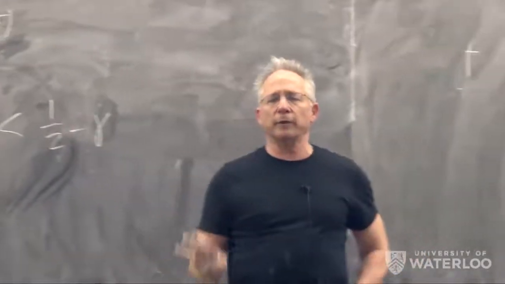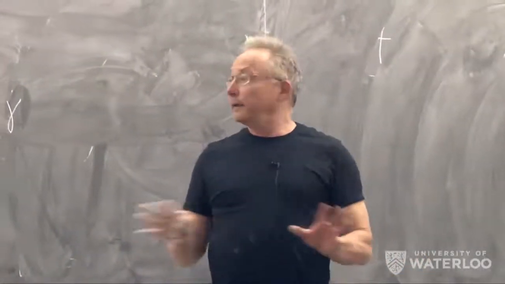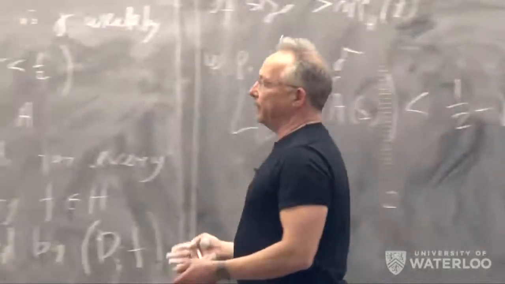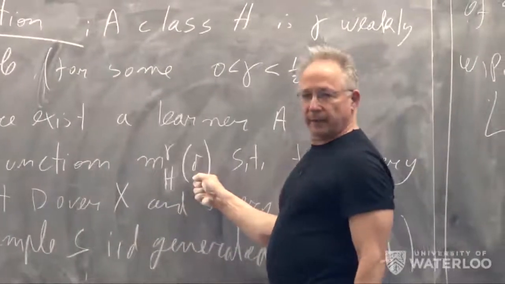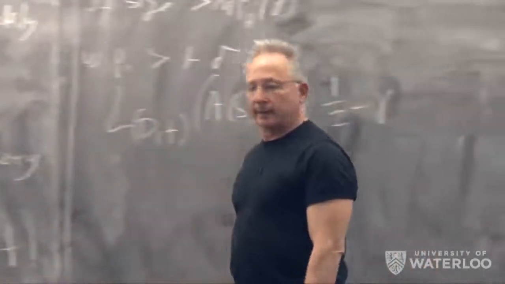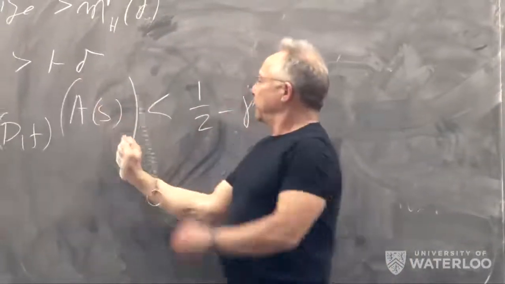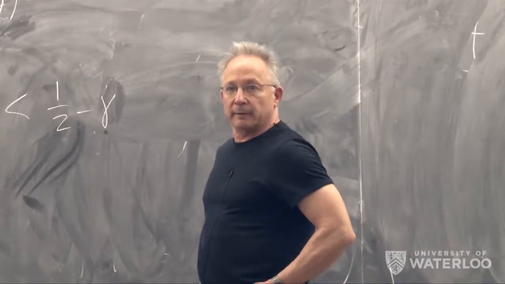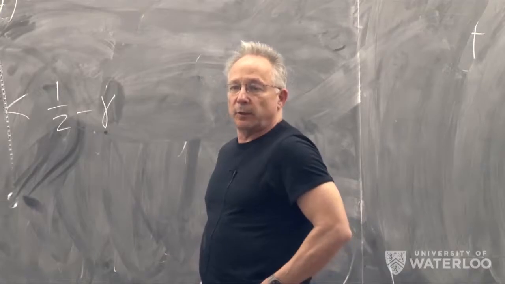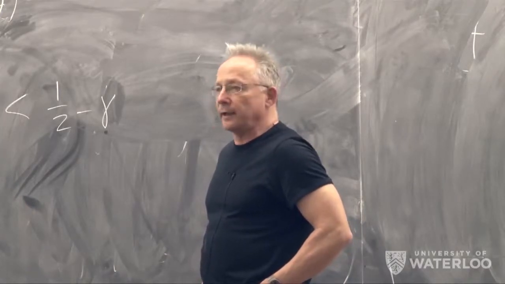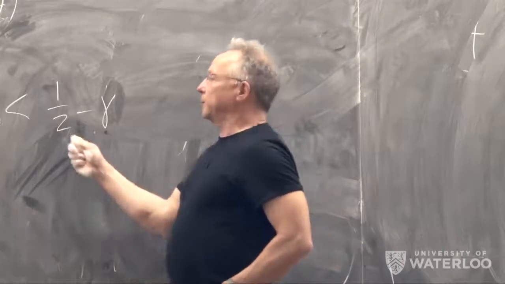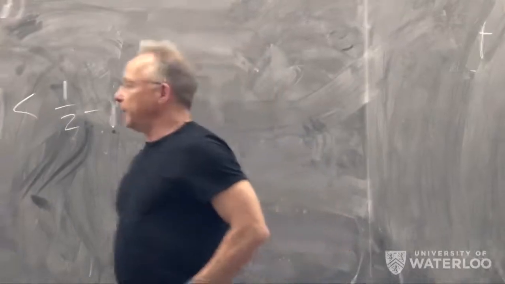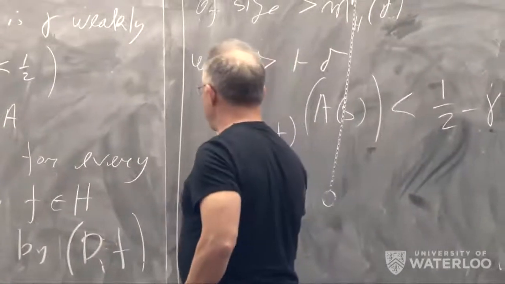So it is like our usual definition of PAC learning, except that epsilon disappeared. Rather than having a function that will tell you how many examples you need for any epsilon and delta, all I'm asking you here is to get precision, which is error, which is at most half minus gamma. And notice that we are talking about the realizable case. So we know that there is a function in the class that has zero error. All I ask you is to get error less than half minus gamma, and we will be looking at the question